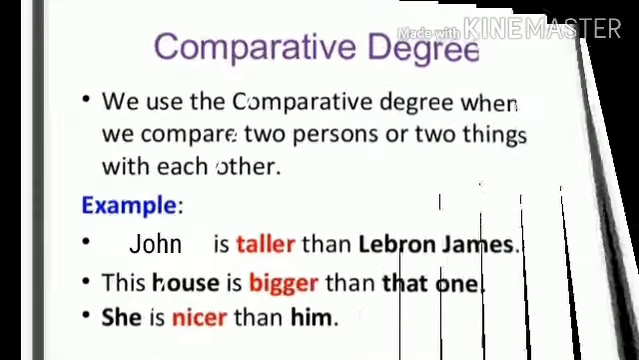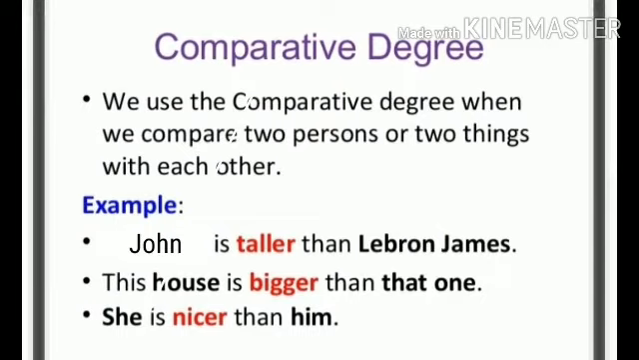Comparative degree is used to compare two persons or things, only two persons or things. For example, John is taller than LeBron James. This house is bigger than that one. Here, taller and bigger are the comparative degrees used to compare two persons in the first sentence and two houses